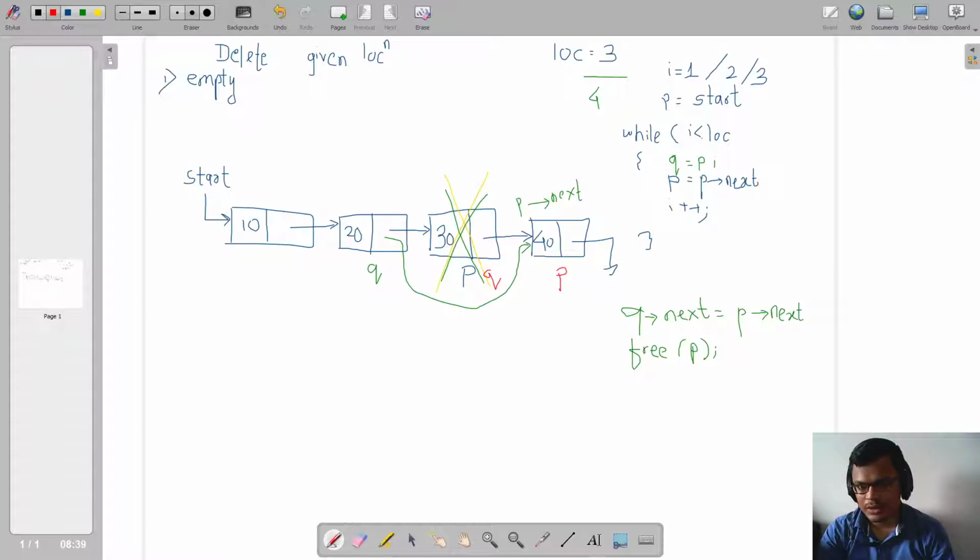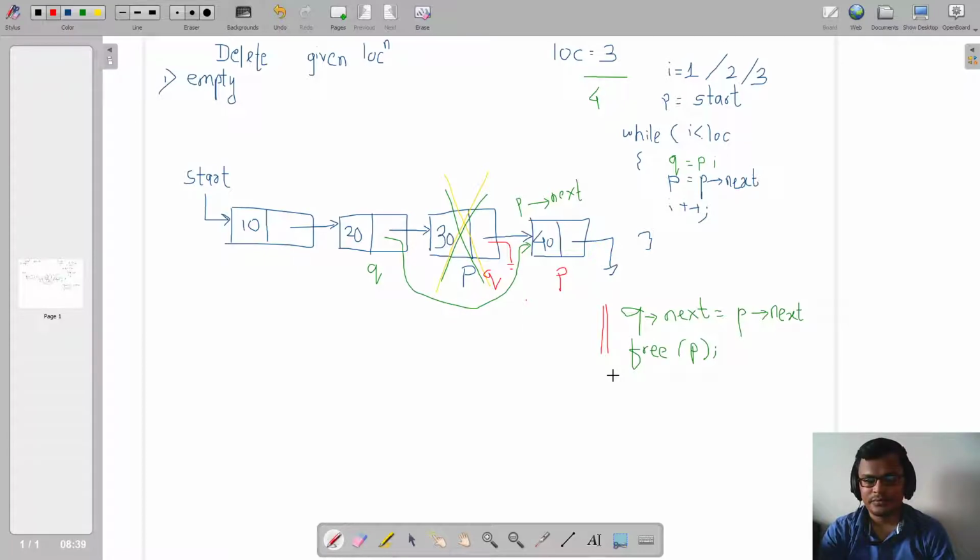So Q's next will become null and free P. So automatically when I delete my last node, the next of the second last node becomes null. This logic works well even if I am deleting the last node, and that happens automatically with the help of this particular code.